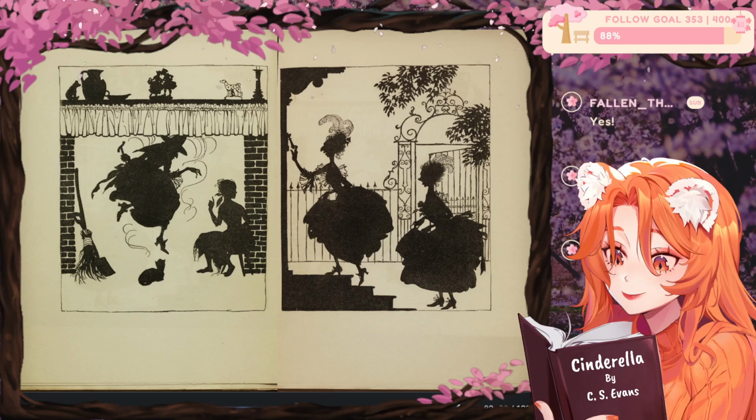Huh. It's kind of a weird place to put the break. So here we have the fairy godmother going up the chimney, and then the two sisters coming into the